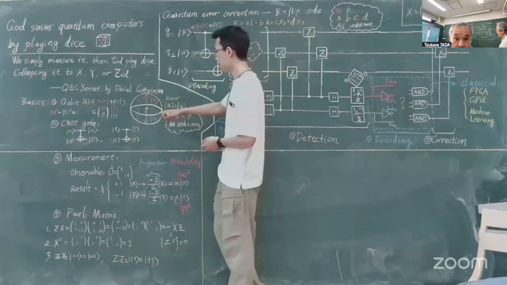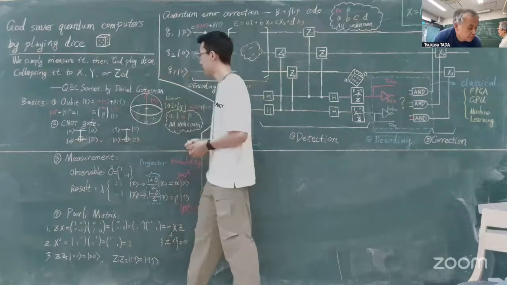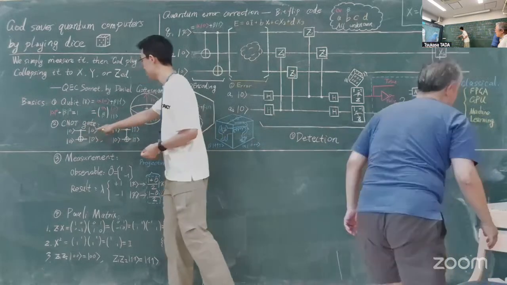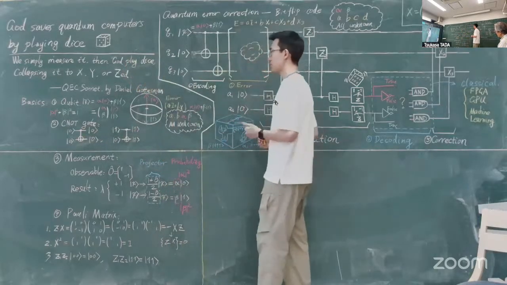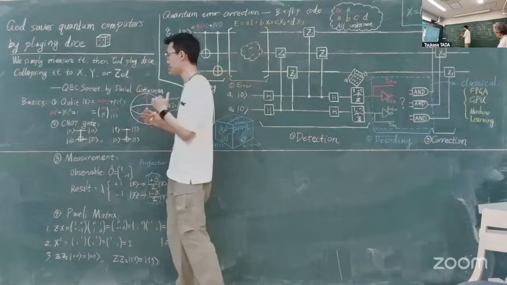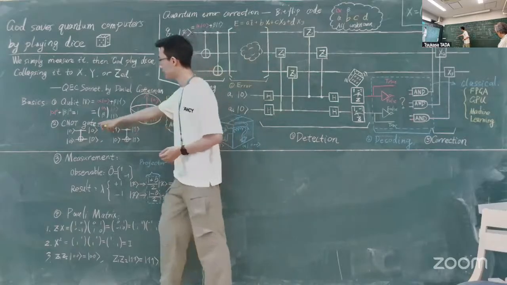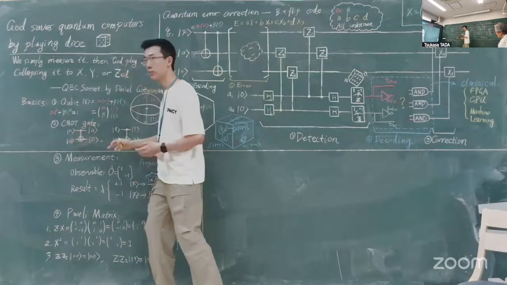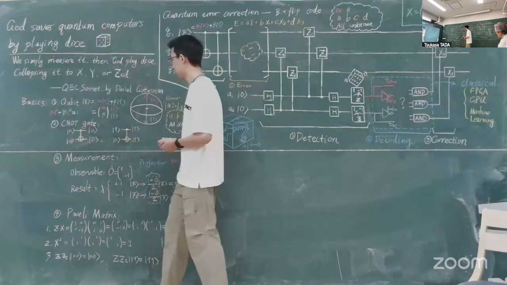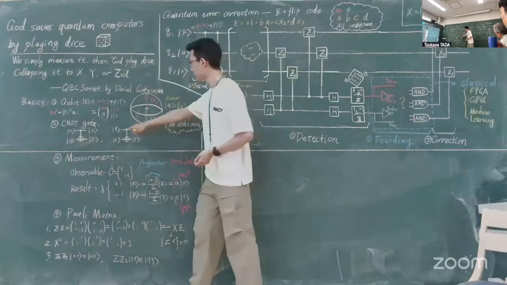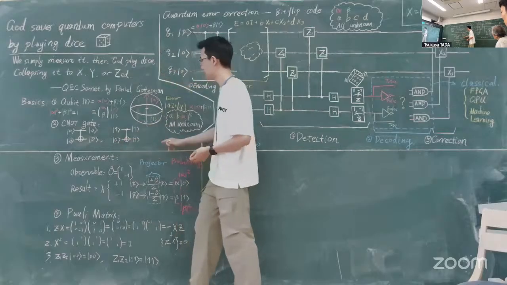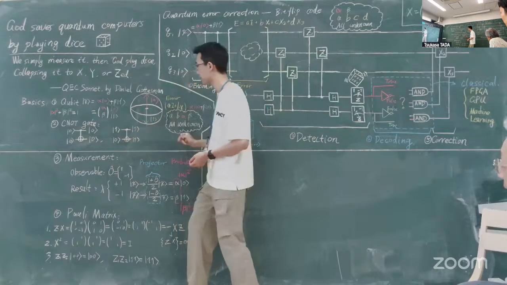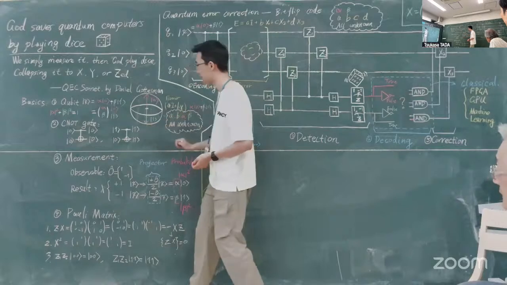Okay, so the second concept is the quantum gate. This is the CNOT gate, denoted by this symbol. To know the function of the CNOT gate, we only need to know how it acts on some initial states. For example, if the initial state is 0, 0, it keeps the state unchanged, still 0, 0. But if the first qubit is 1 and the second is 0, then it will flip the second qubit, and the final state is 1, 1.